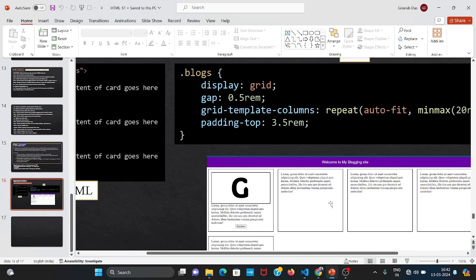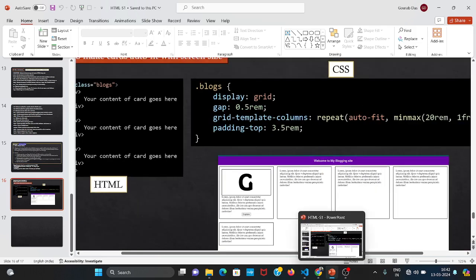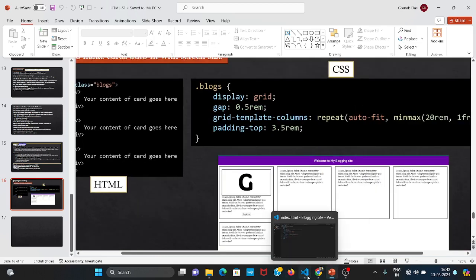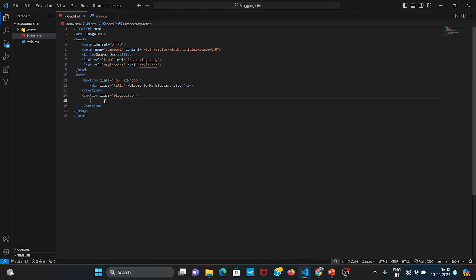Okay, so we are going to make this type of thing, and for these different types of cards or boxes, whatever it is, we have to use the div tag. Okay, so div dot, and then let's say block card. Okay, this is the class. So in that way you can write it,